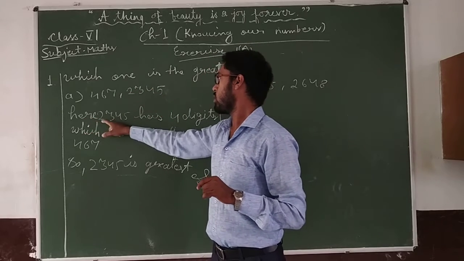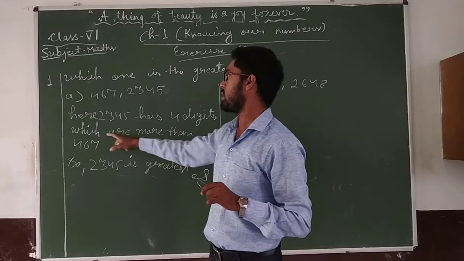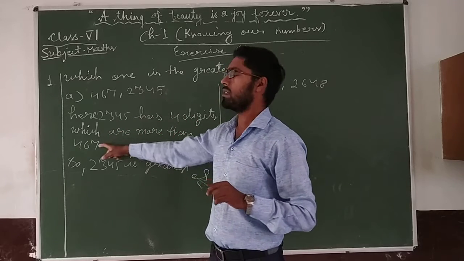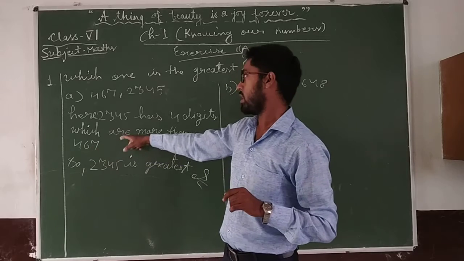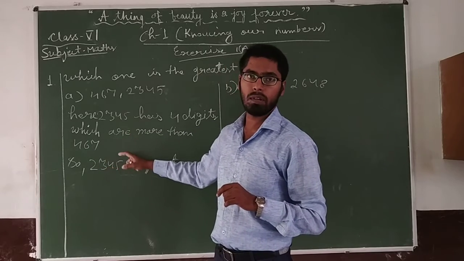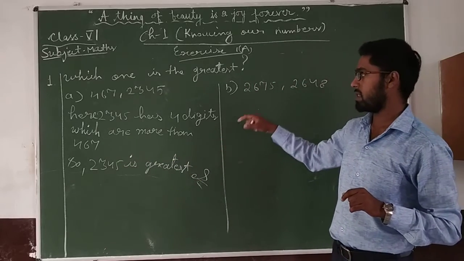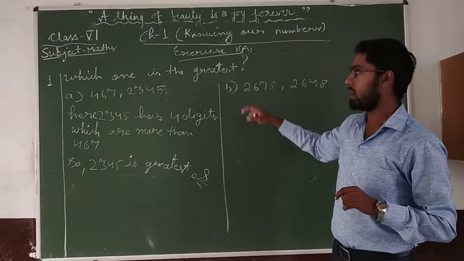So here 2345 has 4 digits, which are more than 467. So 2345 will be greatest. Okay, so here this number is greatest. In second part